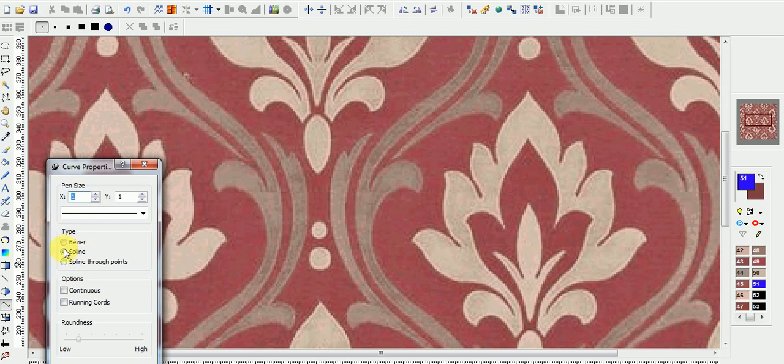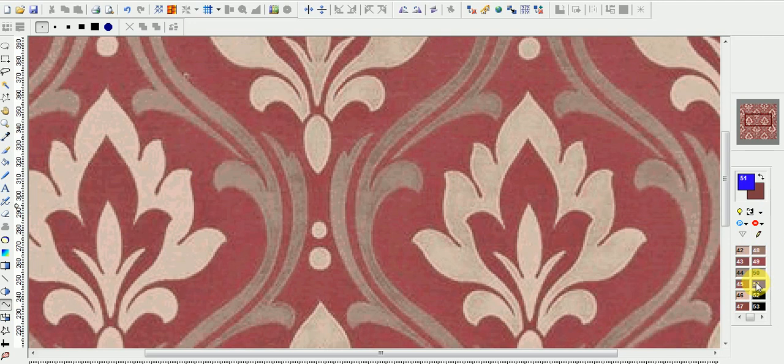Now you see, I just now cut the motif in single repeat. Just you can see.